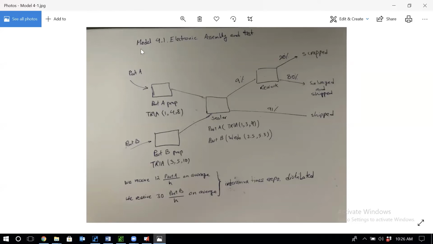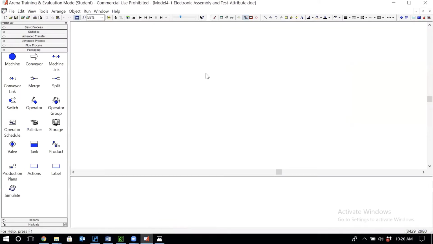Create a folder for week 5, and inside that folder, create an Arena file. Call it Model 4.1, Electronic Assembly and Test. And at the end, also add